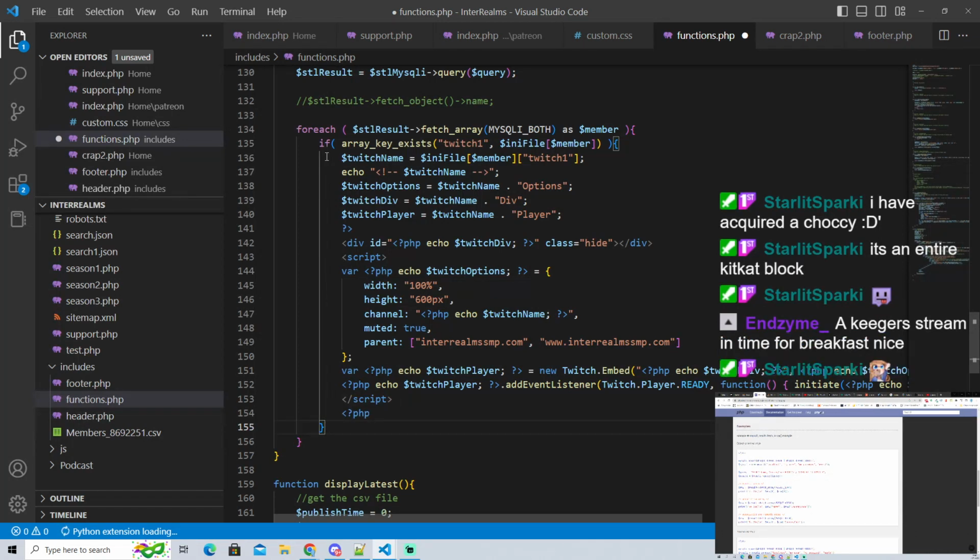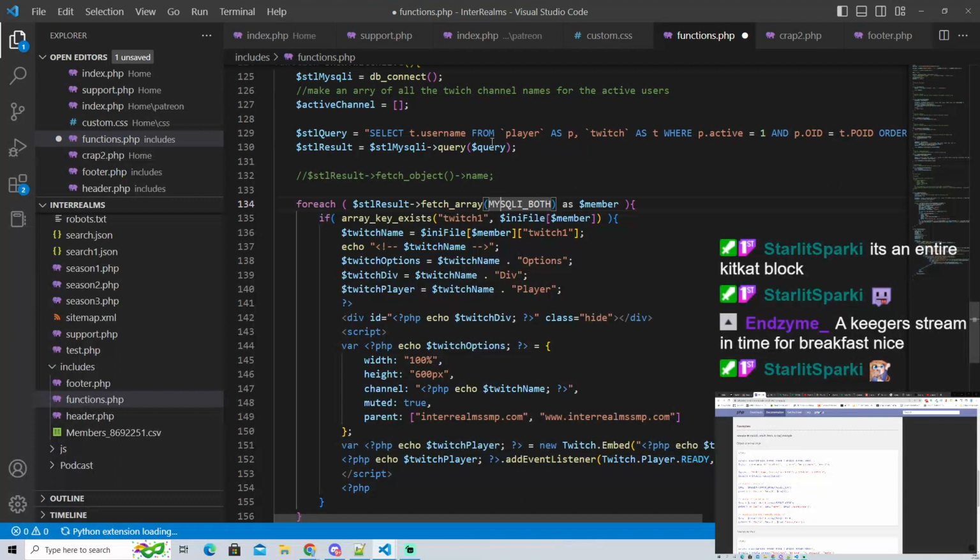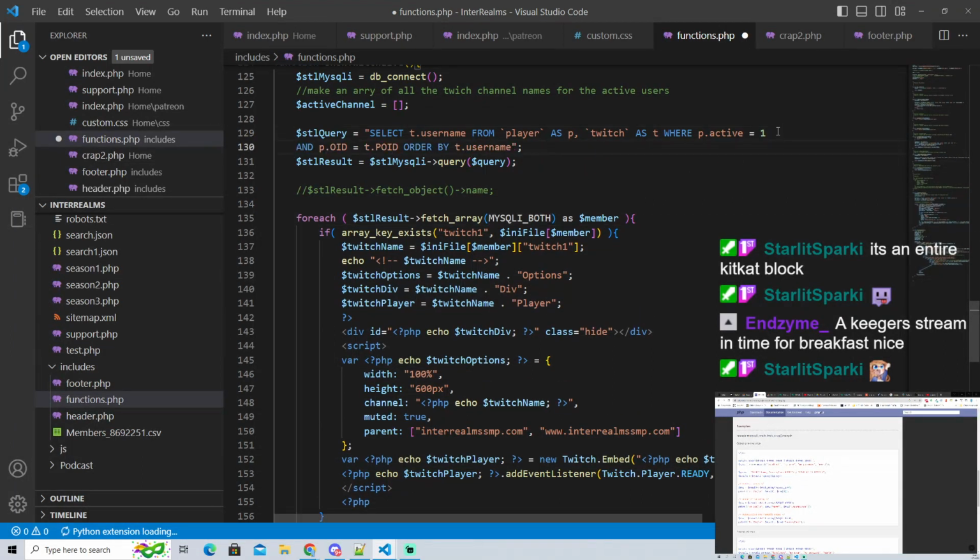What we can do is get rid of this that says if the array exists with Twitch 1, we have to do something. We already know these people have Twitch accounts because that's what we're grabbing here, their Twitch account.